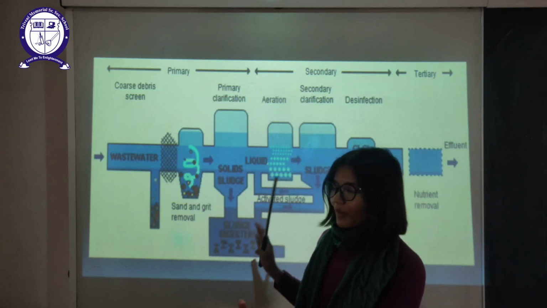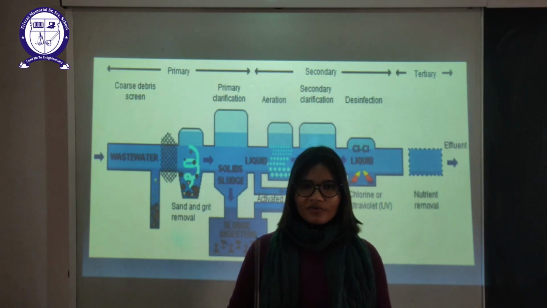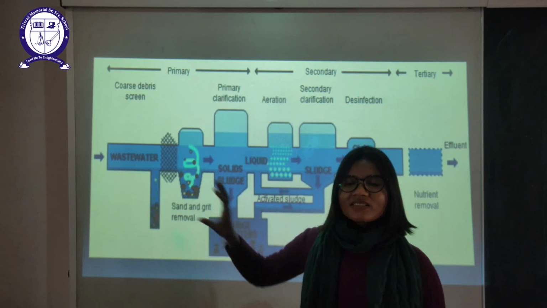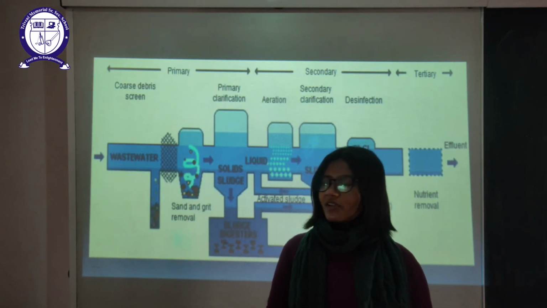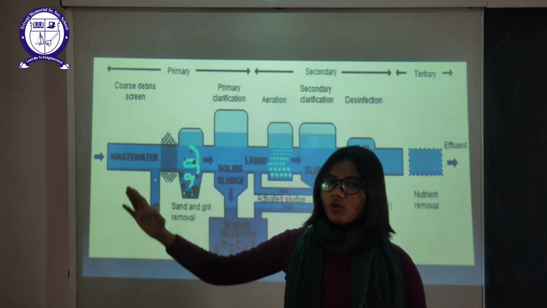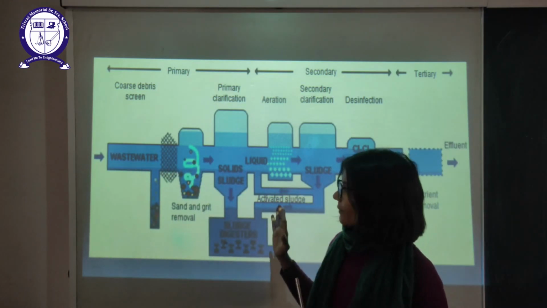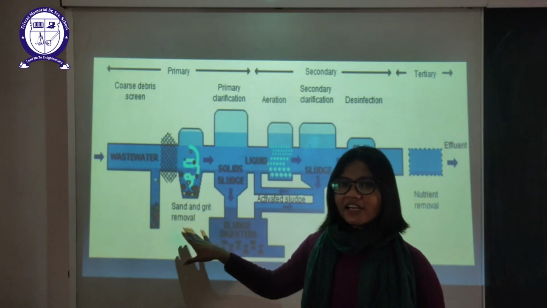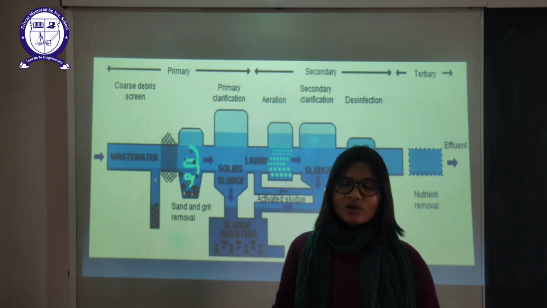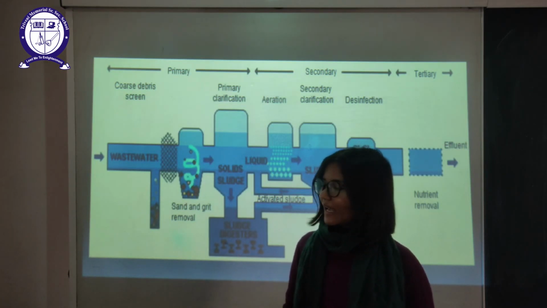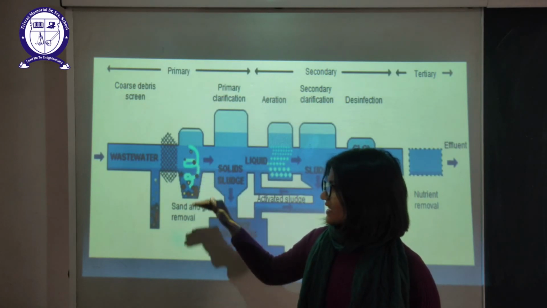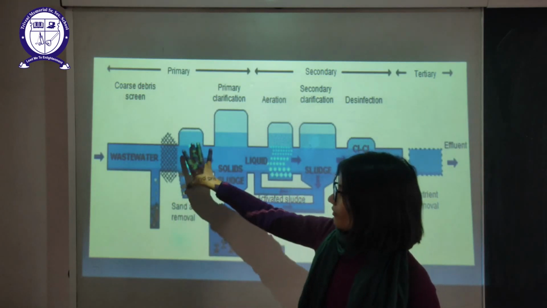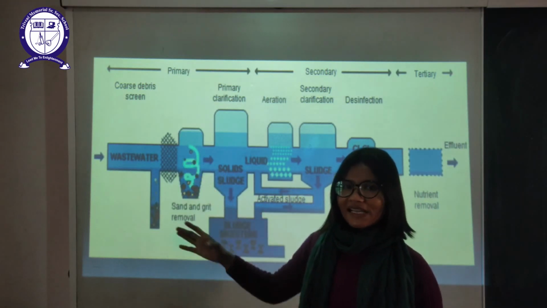This primary treatment can further be divided into subsections. The very first part is using bar screen. Bar screen basically acts as a sieve which will restrict all the plastic waste from going inside the plant. The second portion of the primary treatment will remove all the sand, grit and pebbles by the process of sedimentation and decantation. As we all know, all this sand and grit will settle down and form the sediment, and we can remove the wastewater which is in liquid form by decantation.